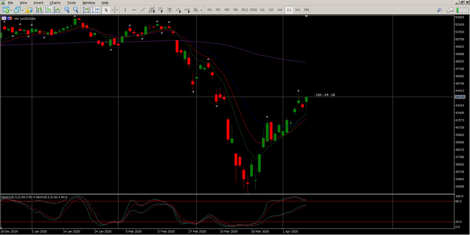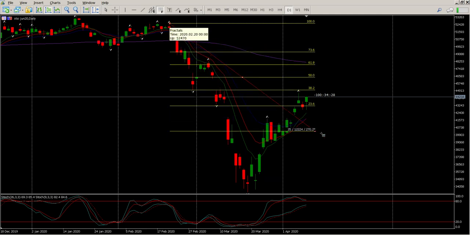Good morning, traders, and this is your Aussie day trade setup for today. So we had a nice long weekend with the Easter weekend happening, and we also had the lockdown extended. That news is very difficult to know whether it has been factored in or not right now. I think, as far as I'm concerned, it's noise, and we need to ignore it. So what we're going to do is just